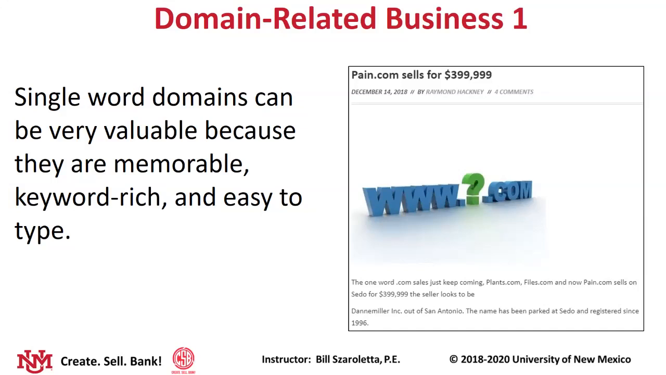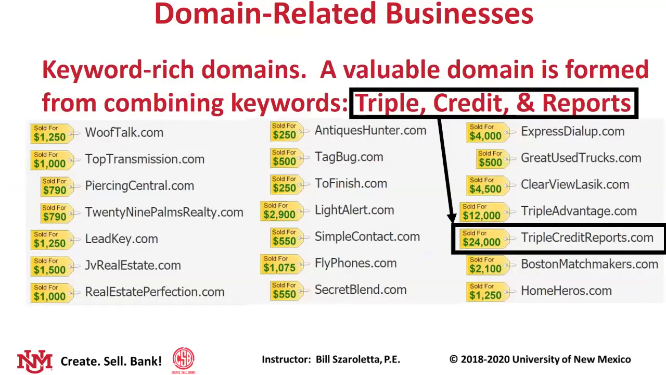It sells for almost $400,000. So now remember that Pain has 4 alphanumeric characters, and it's not 3. But that's just an example. And now keyword-rich domains. Now you can form, like take Triple Credit and Report, and you put that together. That is a keyword-rich domain name